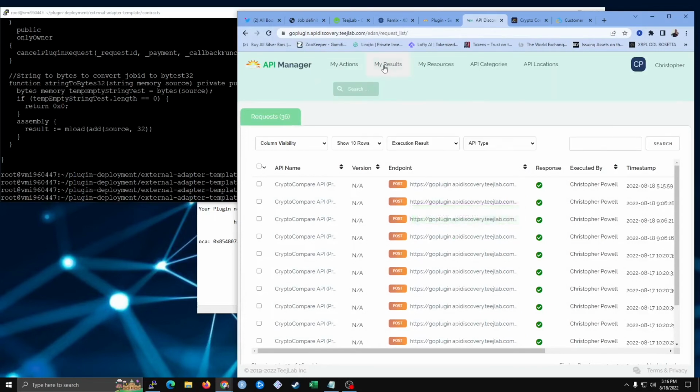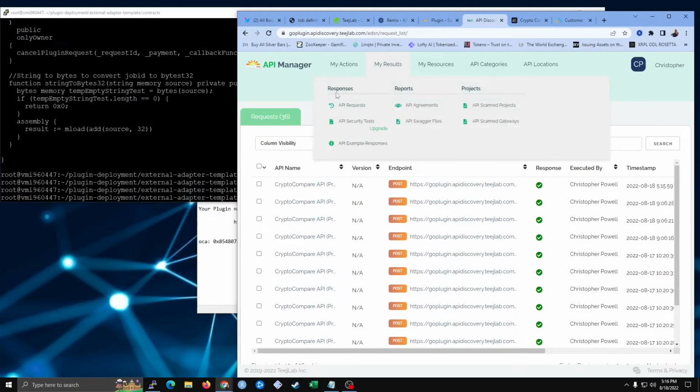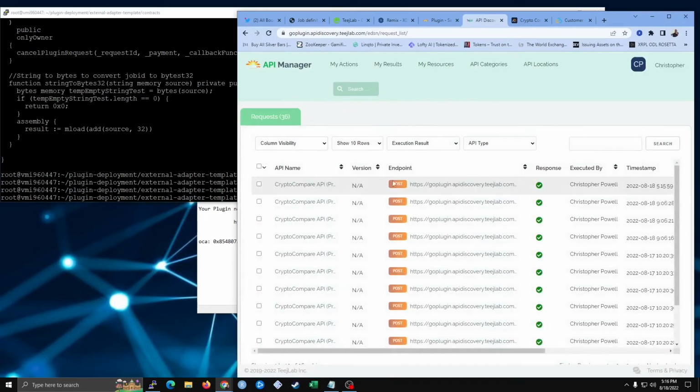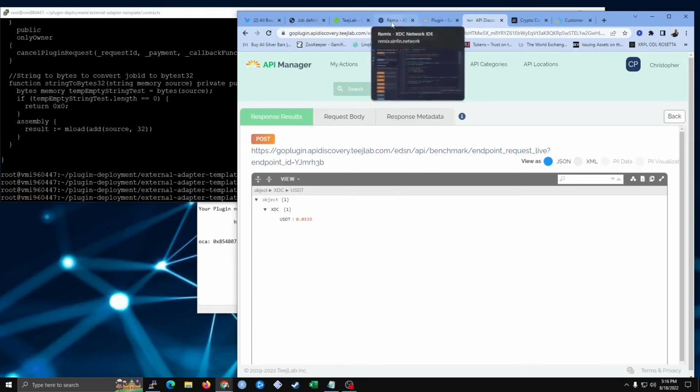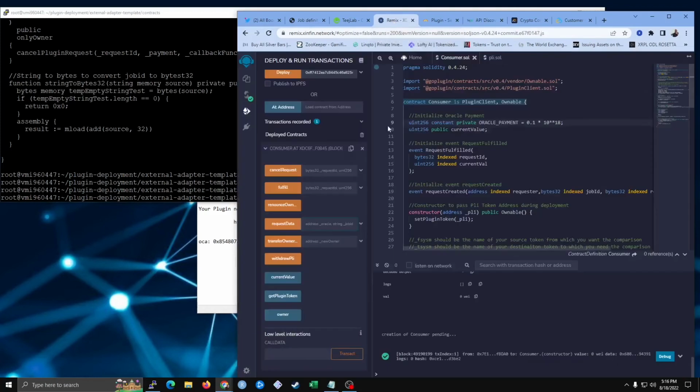and then we'll go to my results, then responses, API requests, and then click on response. Okay, and so this is XDC. We know that it is 3 cents. So we should see something like this in our node when we run it. So what we're going to do is go back to the remix, and